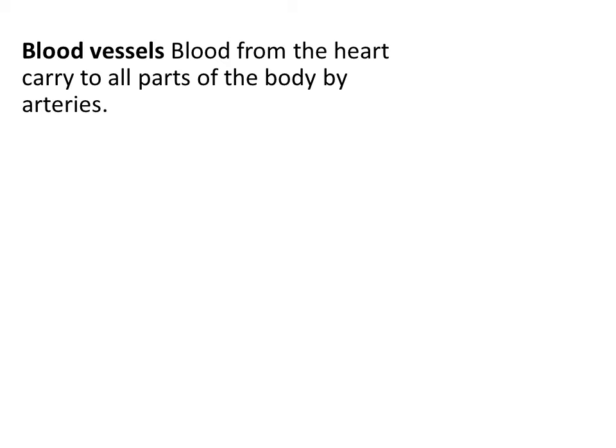Blood vessels are just like chambers. These are very essential for circulating blood throughout the body. There are two kinds of blood vessels. Some of the blood vessels are called arteries. Why are they called arteries? What is the function of arteries? Arteries are a kind of blood vessel. These blood vessels carry blood from the heart to different parts of the body.